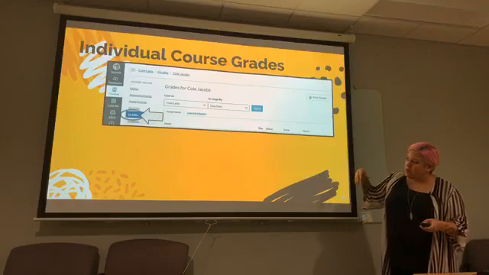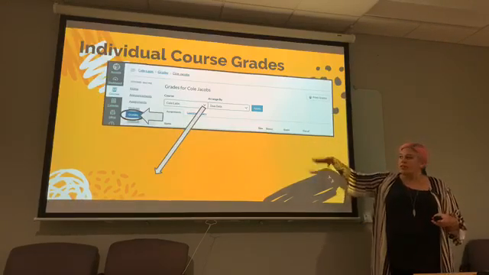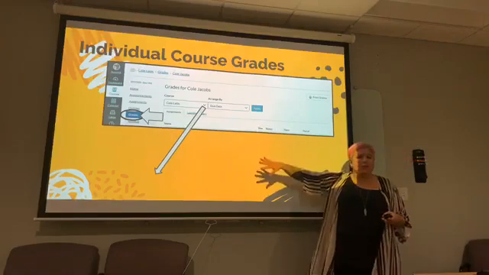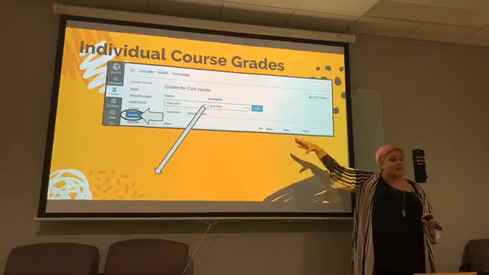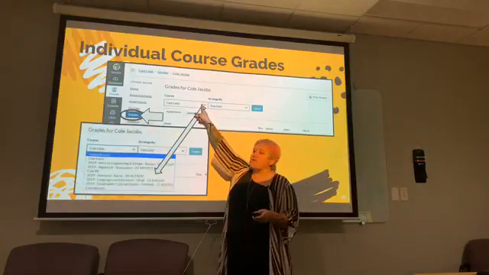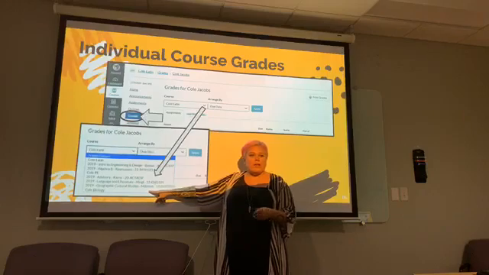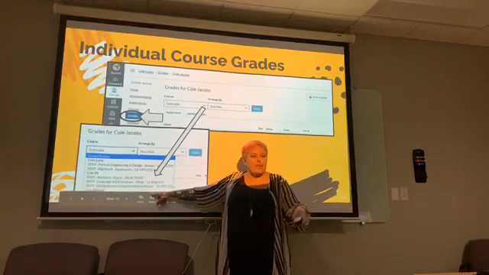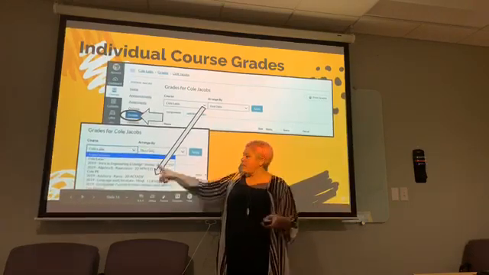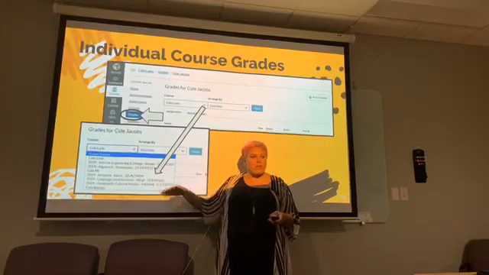You can also, I don't have to move to course. So right here is his individual grades. I clicked on Latin to get to this list, but all I have to do is hit this drop down, and then I can choose all of his other courses. I don't have to go back to the dashboard and click on the next one or go back to view grades. I can go right here by this and click on the list and sort that way.